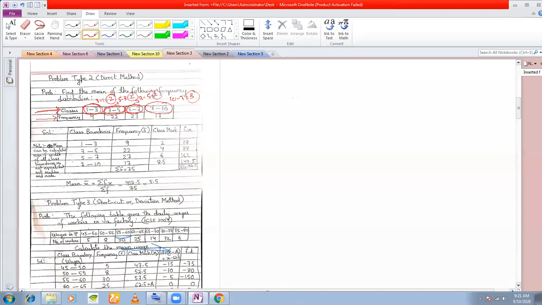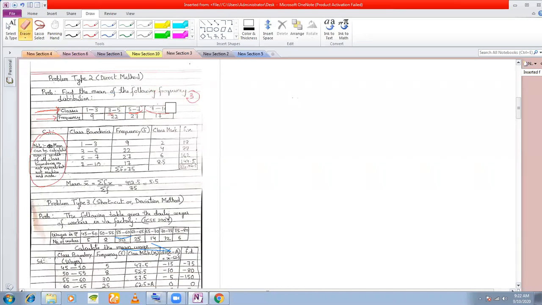Remember, in case of mean, this is not a problem. I have given a note here. In case of mean, the class width is not a problem, even if the classes are of different widths. One class is of width, say 10, another class is of width 15. In calculating mean, this will not pose a problem. But definitely in case of median, it will pose a problem. In case of mode, it will pose a problem. But in case of mean, the class width does not matter. The class width may be different for all the various class intervals.